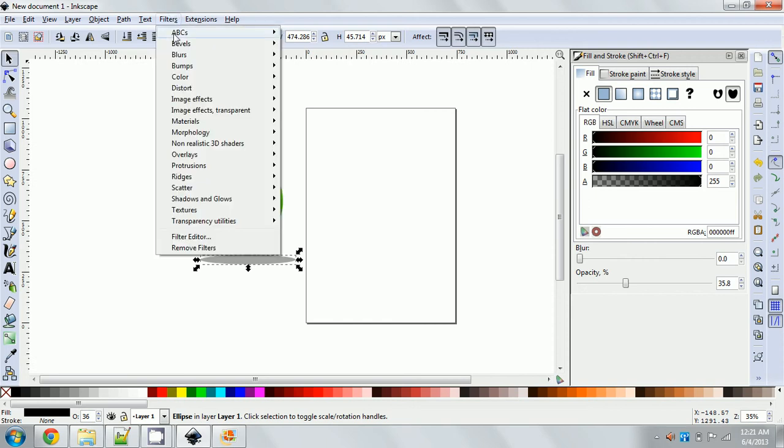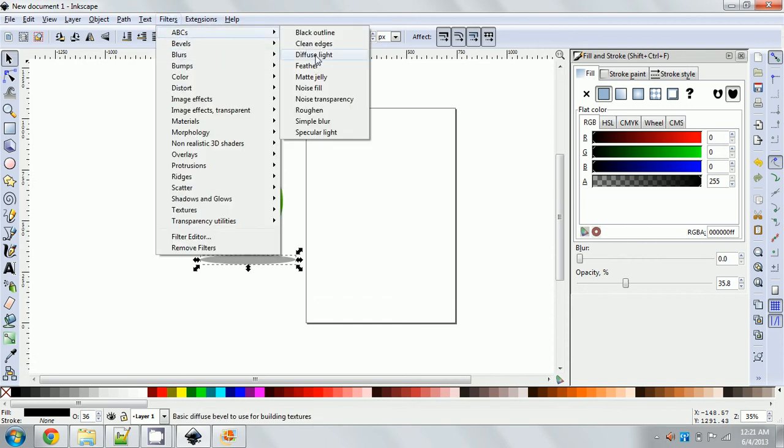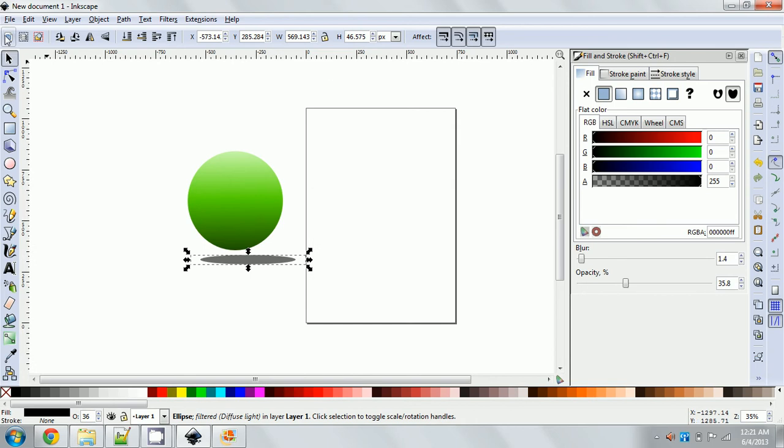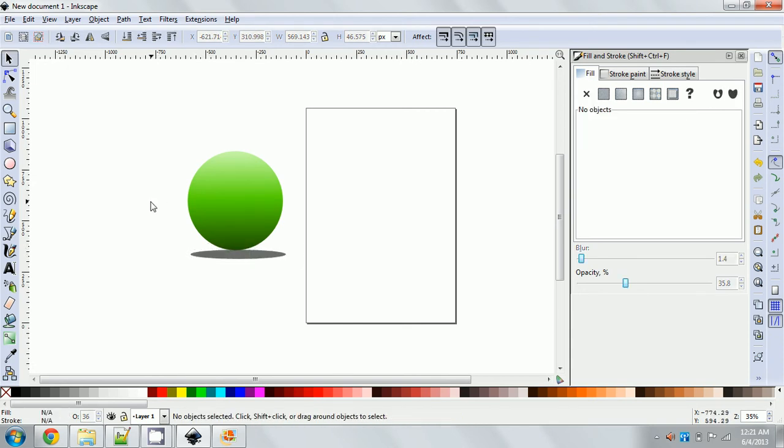And I'll even go so far as to add a filter. As soon as I find which one, diffuse light. Well, that kind of worked. That wasn't the one I normally use, I don't think, but it's okay. And drop it behind, obviously. Okay, so there you go. That adds a little bit of something, and it depends on where you position it. See, now it looks like it's floating. You see? And if you add a background,